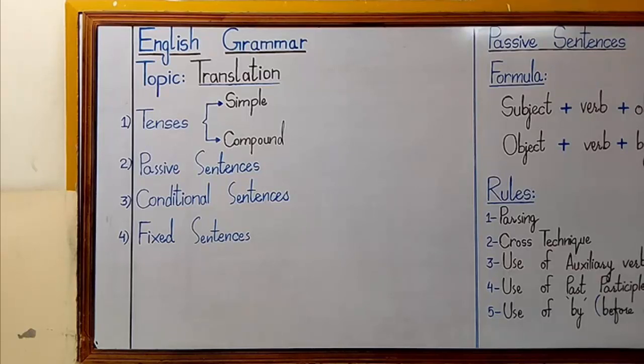My dear brothers, in the last video lectures, we have already covered some topics of translation. This is part 5 in the series of translation. We have already discussed types and kinds of sentence. Then I explained and exemplified simple sentences and then compound sentences. Today in this video lecture, we are going to discuss passive sentences. Let's take a review of active and passive voice first.